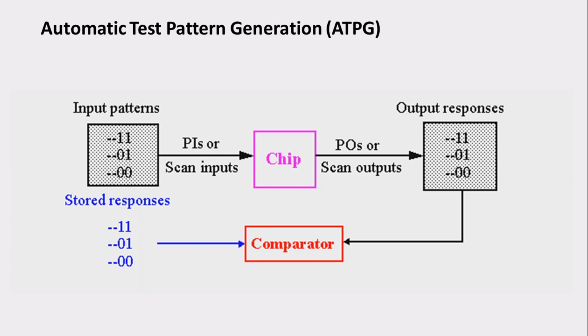Only the input combinations which have been stored will be checked. Suppose you give any one of the inputs. Once the outputs are produced, those outputs will be checked against the stored responses by using comparators. If the stored responses match the output combination, then it will pass that particular input combination.